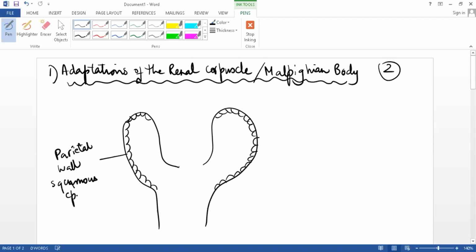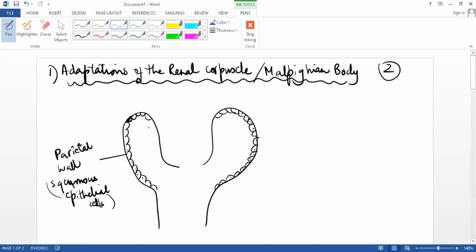It's made up of squamous epithelial cells. It's the parietal wall, and it does not have any pores in between. Nothing seeps out of this side of the wall because these are squamous epithelial cells tightly packed, and there's no gap, no slits in between. But if we talk about this side wall, which is in direct contact with